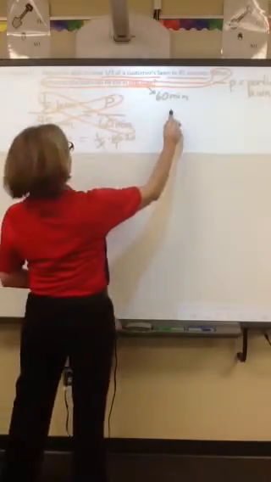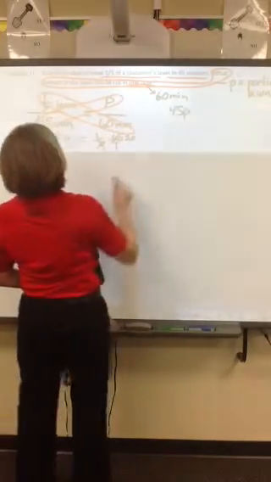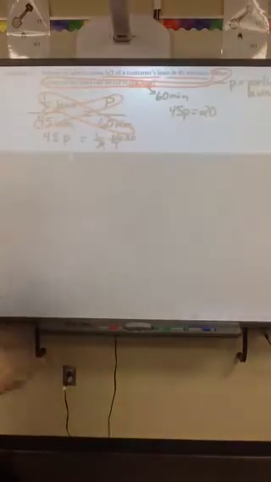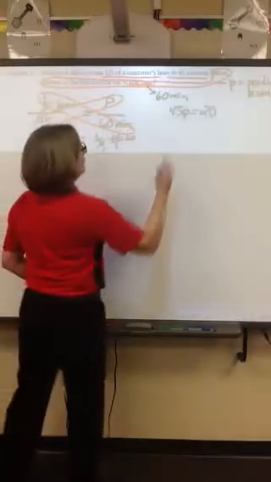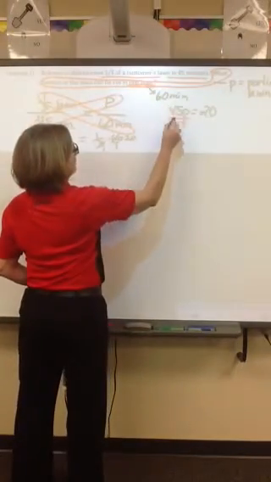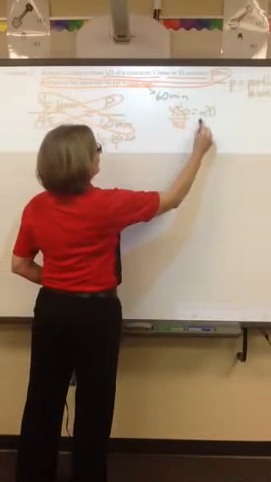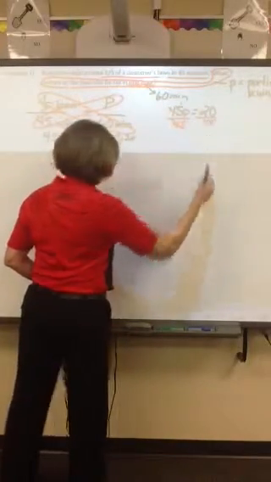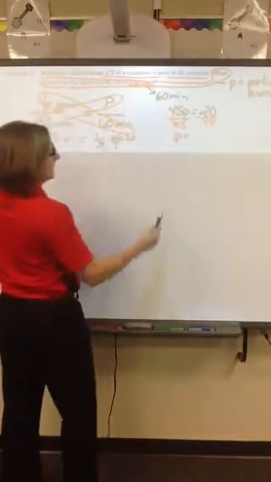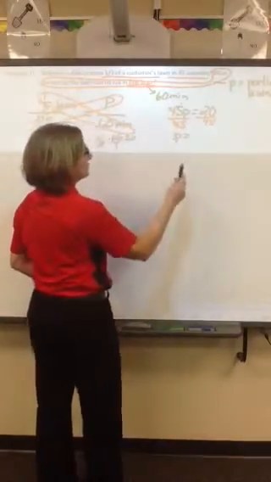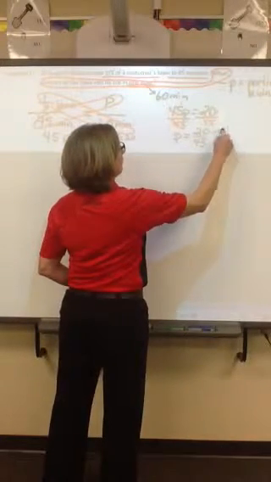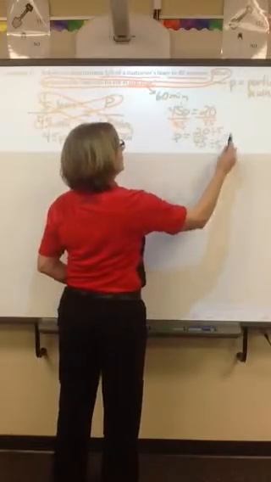So now I'm going to come up over here and put 45P, so I'm running out of room, is equal to 20. And so now I have to solve for P. So to solve for P, I want to divide this side by 45, because that'll give me 1P, or P alone. And so I also have to divide this side by 45. So P, the portion of the lawn that he can cut, is 20/45, but we can reduce that. We can divide out a common 5 out of the numerator and denominator, which would be